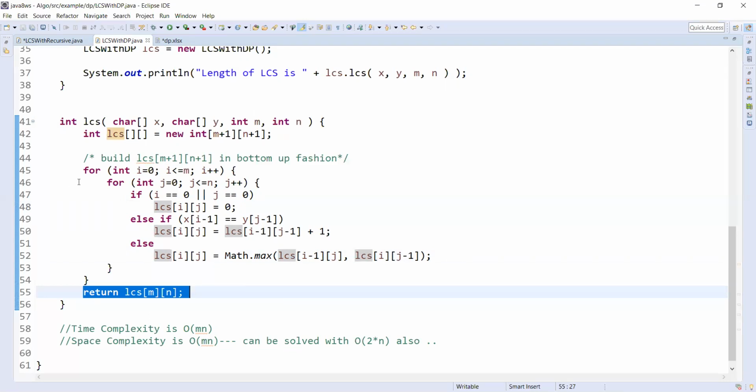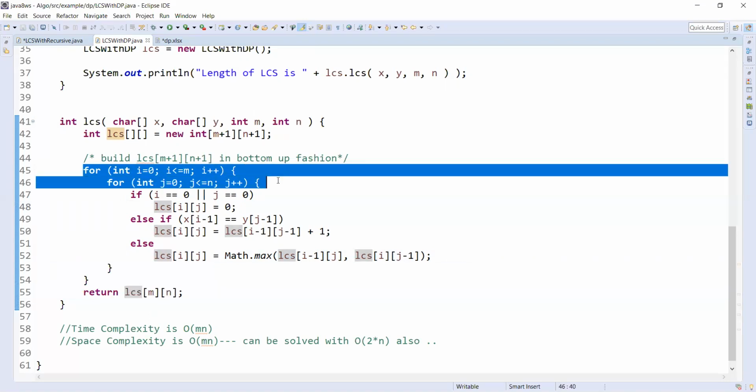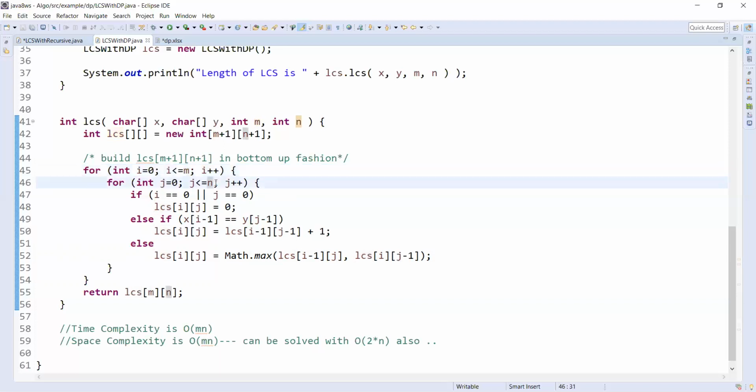If you observe, our time complexity: we are using two nested for loops, one with m and the other with n. So our time complexity is order of m comma n. For space complexity, we are using a 2D array, so our space complexity is also order of m comma n.